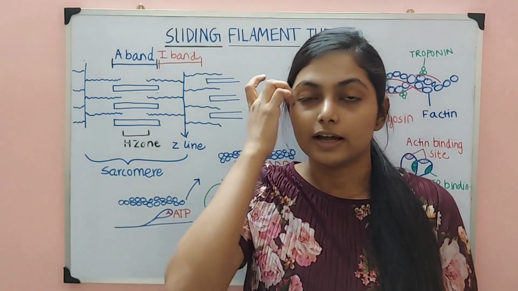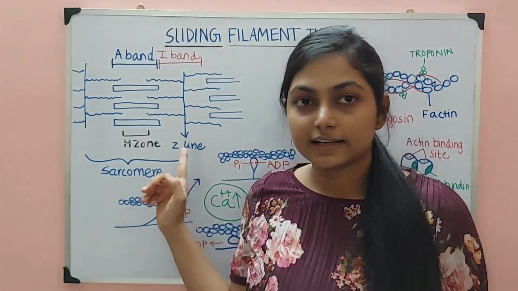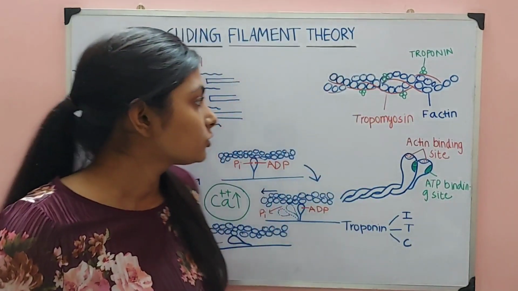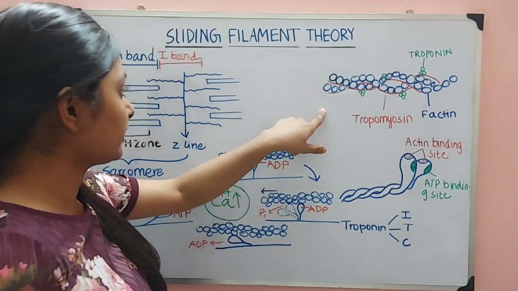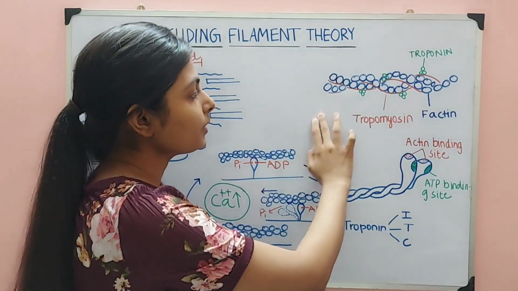And before I start with that, I will also explain the A band, I band, and all the edge zone, then Z line and everything, so that just in case you've forgotten, it will help you. So we'll start with this diagram first. So this is the actin filament. I am sure you know.